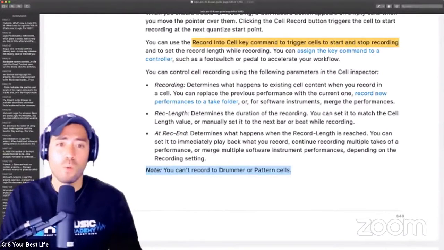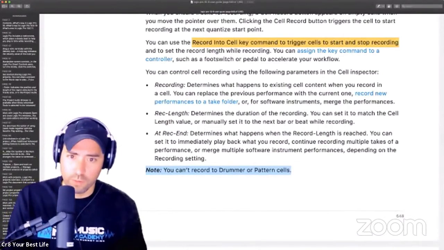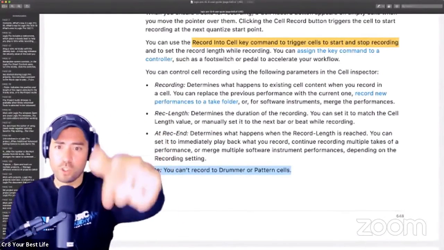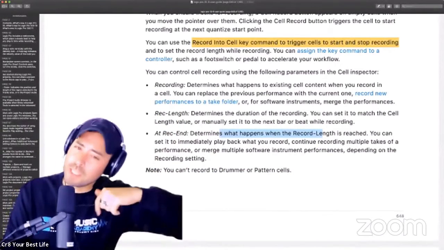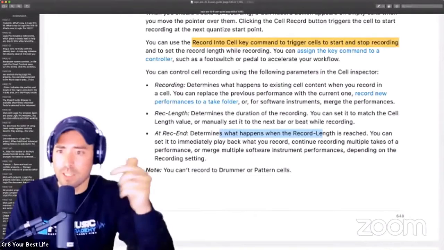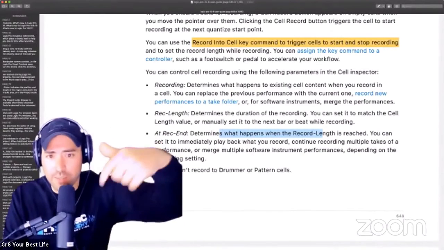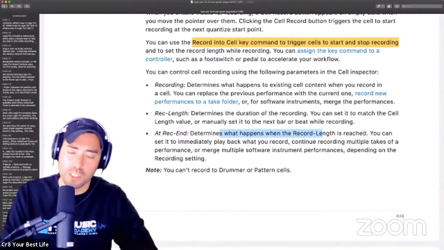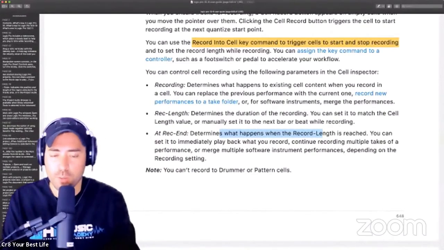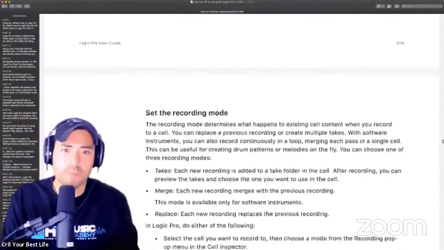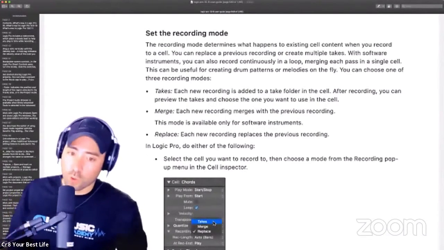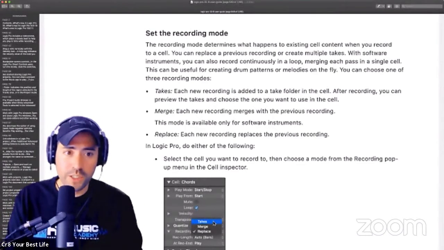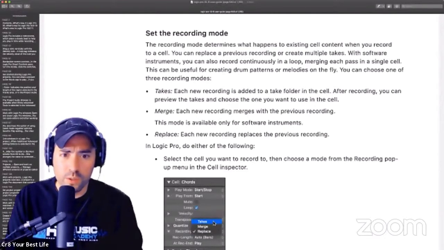And then finally, what happens when we're done? This here is going to determine what happens when the record length is reached. You can set it to immediately play back, as we stated, continue recording more takes of the performance, or start merging software instrument performances, depending on the recording setting. Okay, set the recording mode. We do this inside of the cell inspector. We can also control click on the regions. So for this one here, we can go into